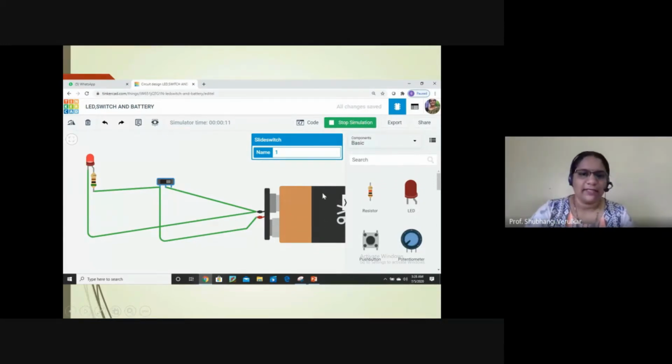This is a battery as in the earlier case. Then this is your LED which is connected, with the cathode connected to the negative terminal. This is your slide switch. Through a resistor we have connected it to the positive terminal. The same positive terminal is given to the anode, and the other terminal of the switch we have connected to the negative terminal of the battery. Clear with this? Shall we start to build this circuit?